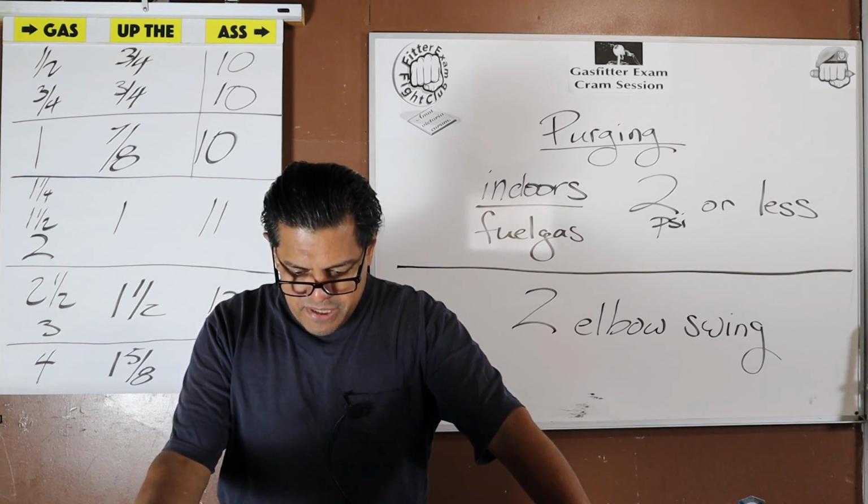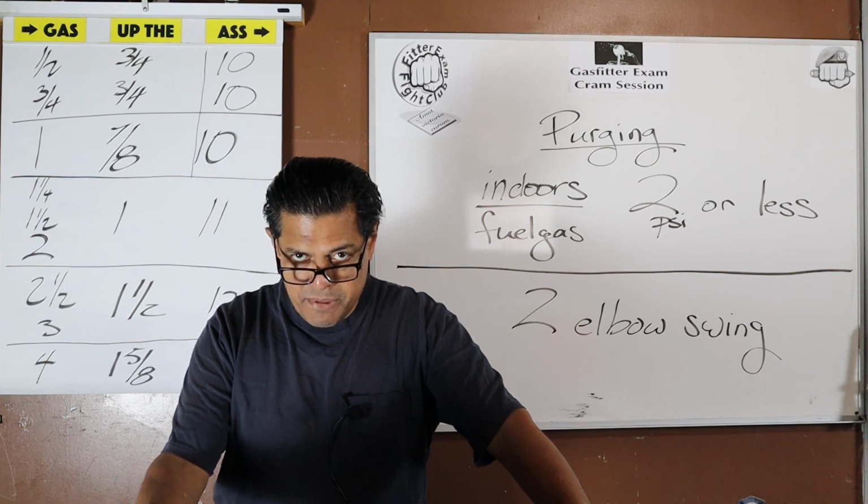Question 15. Concealed gas piping shall not be in solid partitions and solid walls. That's the blanket statement, unless